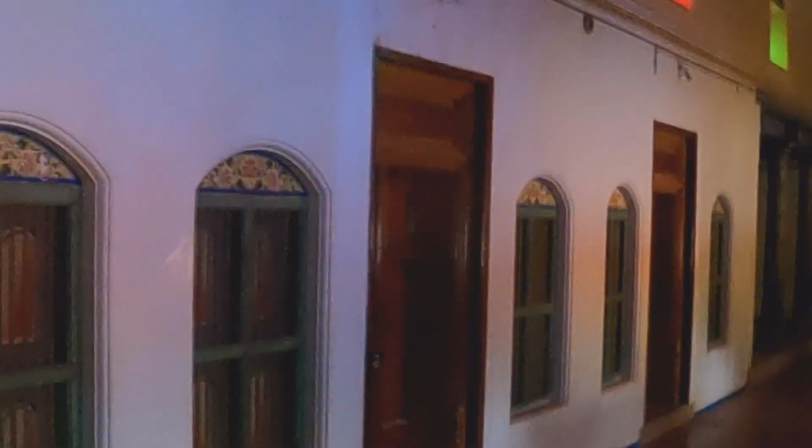The windows are all wooden, and take a look at this pillar again, painted with a style that is not common in our part of the world. Is it European, Oriental kind of style? Regardless, it's really beautiful. The symmetry and the proportions is what I really like. These windows as well are painted. These tiles, possibly Athangudi tiles,